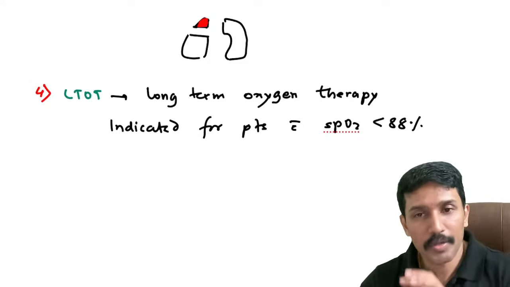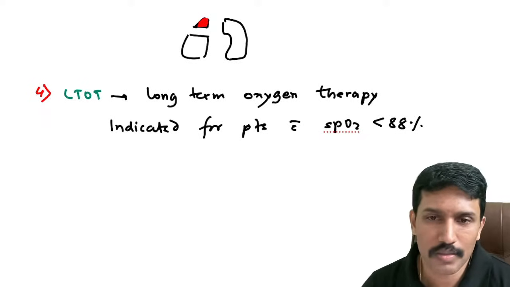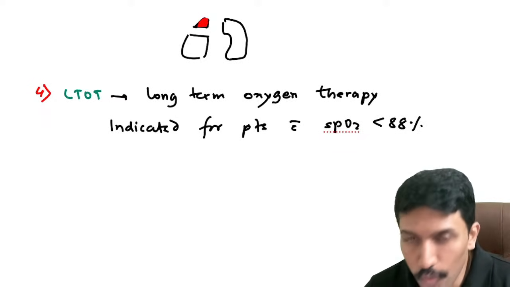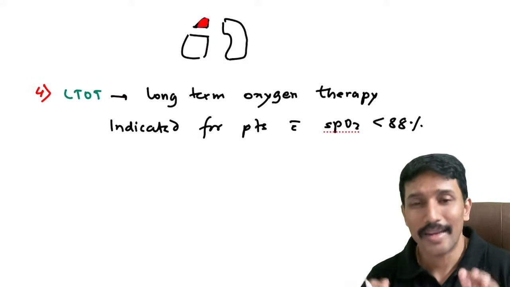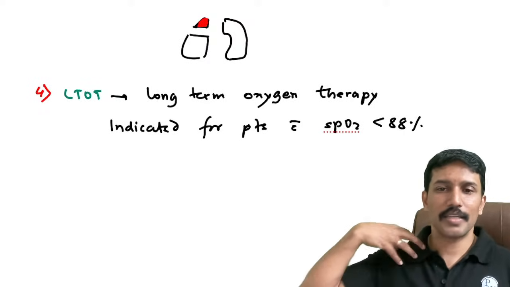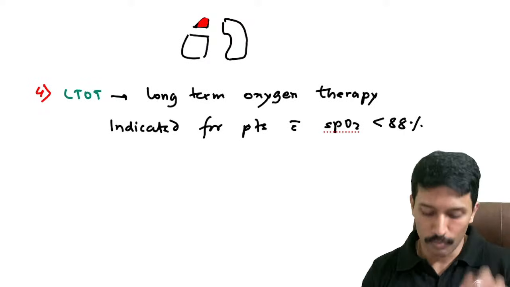So LTOT can be done for all patients. The lung volume reduction surgery is not generally done for lower lobe predominant emphysema like in alpha-1 antitrypsin deficiency because it is technically challenging. It is easy to remove the upper lobe, but when you remove the lower lobe,